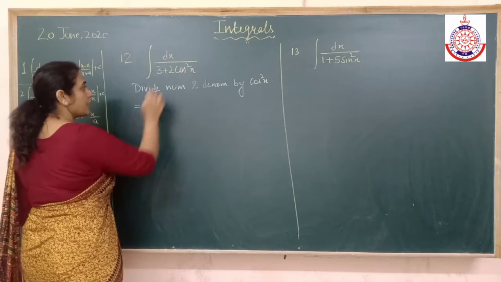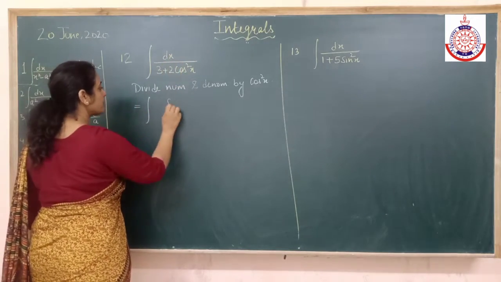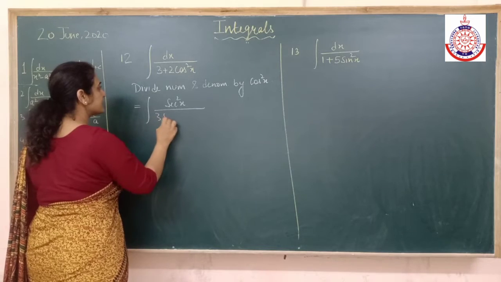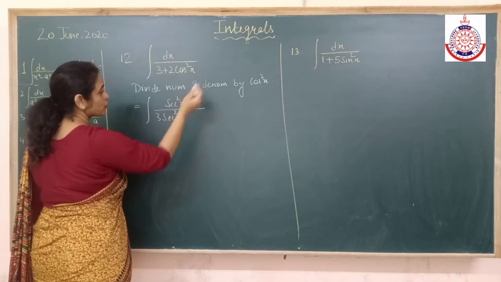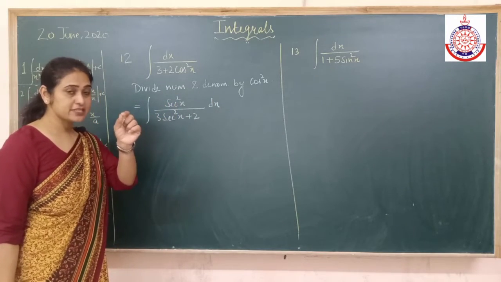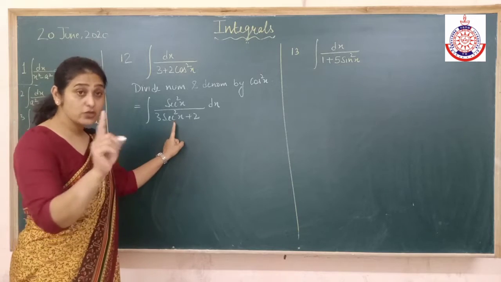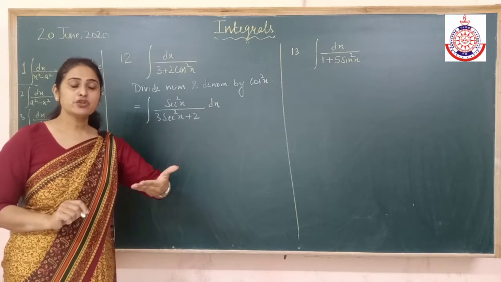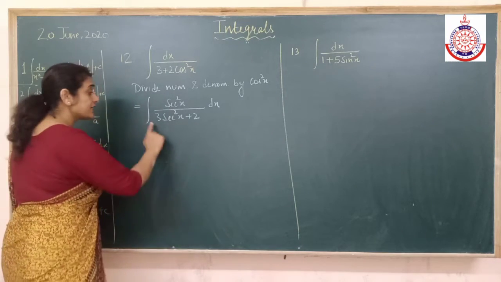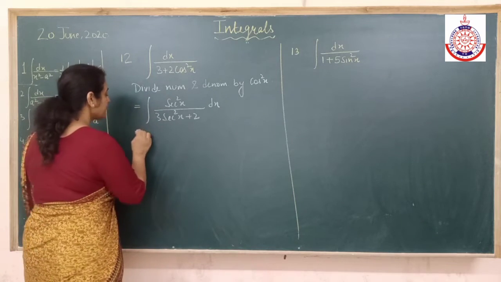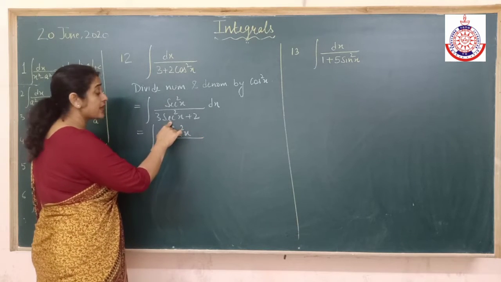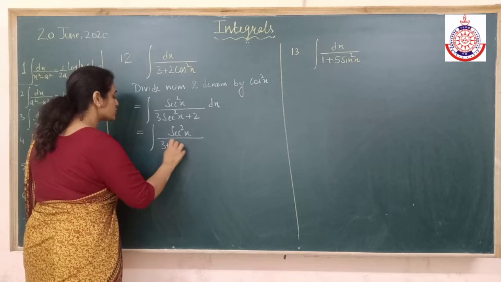What will it become? When I divide, the numerator has 1, and 1 by cos square will become secant square. Here 3 by cos square will become 3 secant square, and cos square by cos square will become 1. And now my target is to remove the secant square first of all. Secant square is a differentiation of tan. So always you will get this kind of thing only. Whenever you divide by cos square, you will get either secant square, tan square, or both. So in the denominator you should have only tan square. Is it clear? So I am writing this secant square as 1 plus tan square. So it will become 3 plus 3 tan square.